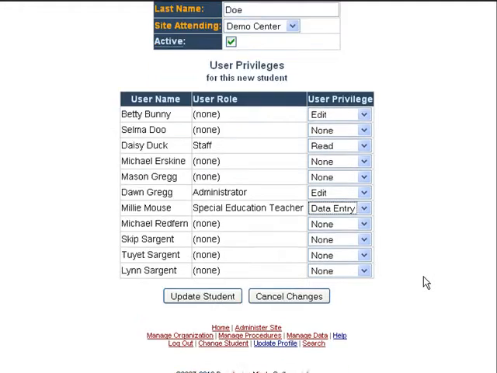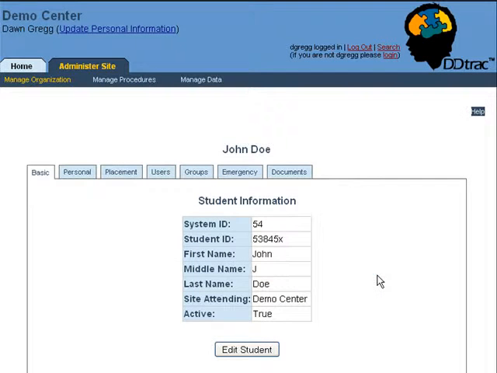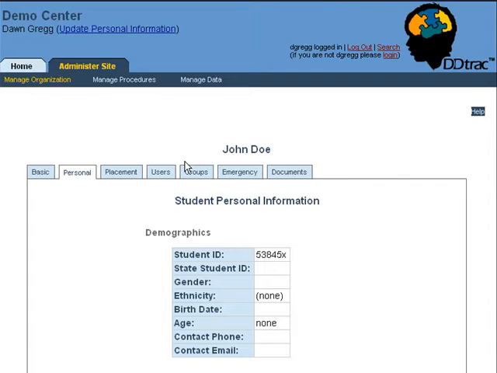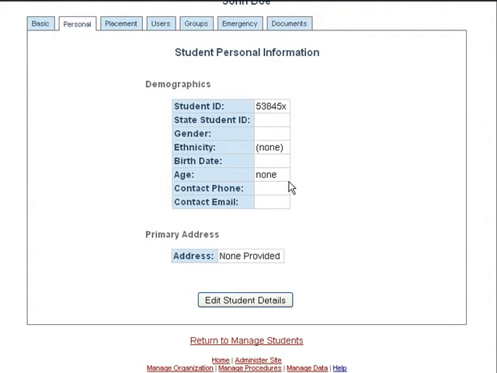And when I click Update Student, I see the data that I just entered. The system ID is the student's ID within DDtrac, so that's just an internal number we use to refer to the student. Once you create the student, you can edit a variety of data for the student. Personal data is demographics. If I hit Edit Student Details, because I haven't really provided any of this, I could